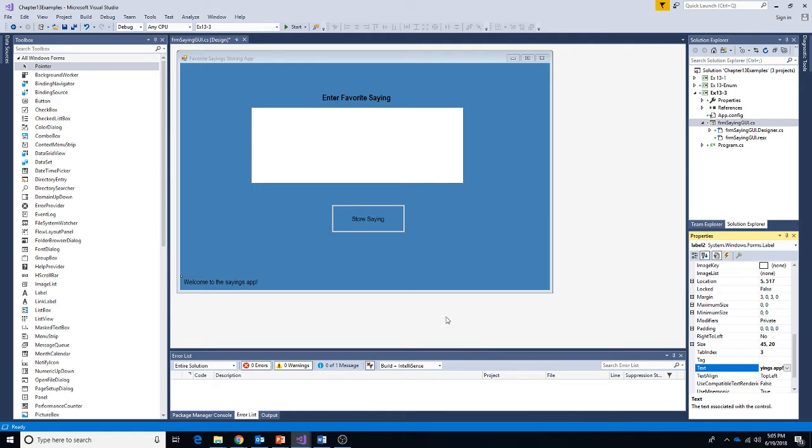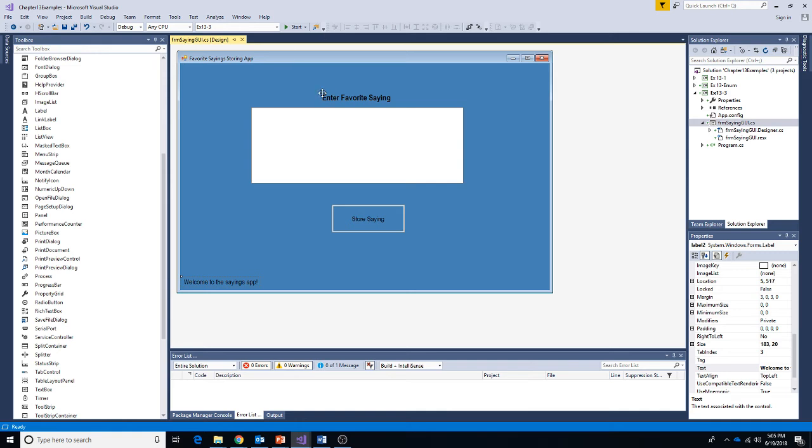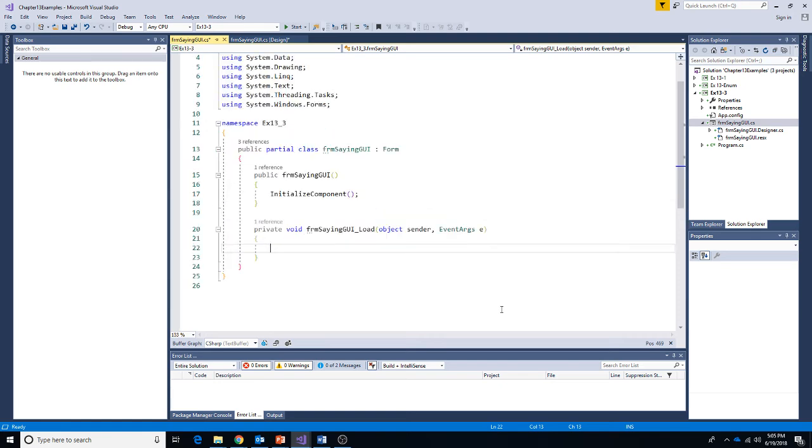All right, not too bad. Let's run it, make sure everything works. Oh, looks good. It comes up, everything's okay. So now I'd like to add some code, and I'm going to have some code associated with a couple of different events for this application. Now the first one will be our form load. So whenever our application starts, we're going to try to read our sayings text file and see if we have such a file. So let's double click on a blank spot on our form to create that form load event